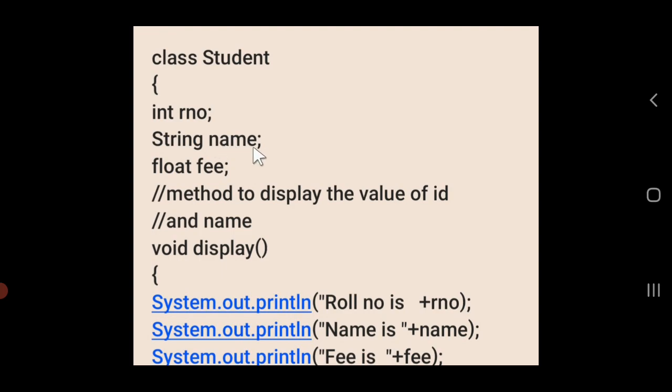That is there to store the name of the student, and the third data member is fee, to store the fee of a student. So it's a real life example that we are going to design a class named student, which is actually representing you people. Students, the concept of encapsulation says wrapping up of attributes and behavior, all right, as a single unit.